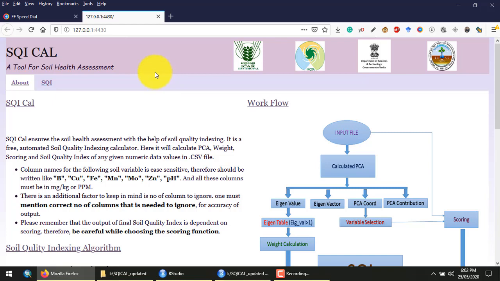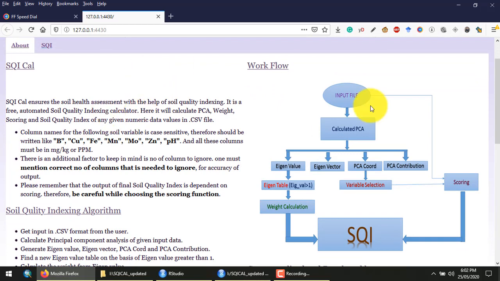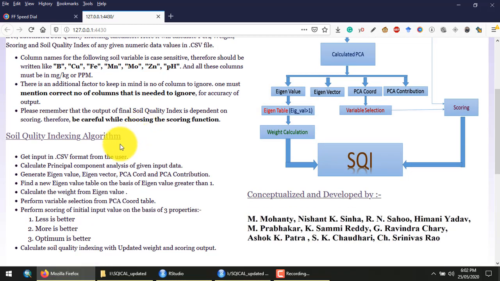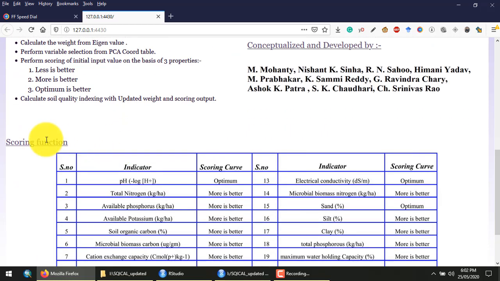On the very first page, we have explained the different methods, then how to prepare the input files, then the soil quality index algorithms, and the last one is the different scoring functions, showing which indicator follows what type of scoring function.